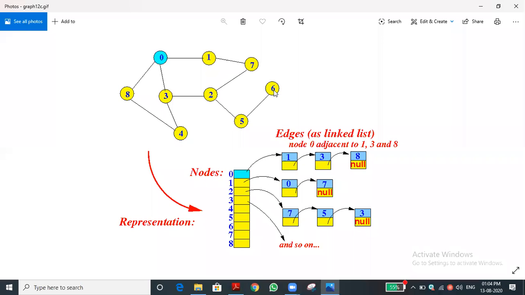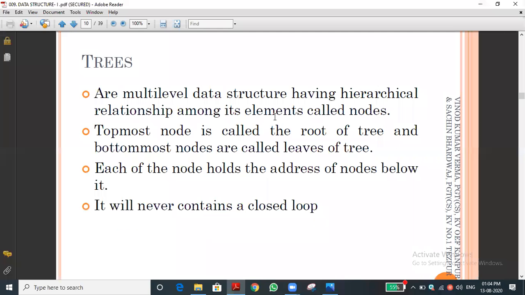If 6 has a link with 7, that is also another closed one. 4 having a link with 5 is also closed. Can you understand this one? So which is a closed loop, which is an open loop? A tree doesn't have a closed loop, but a graph may have a closed loop. Yes, sir. This is the diagram for the graph.